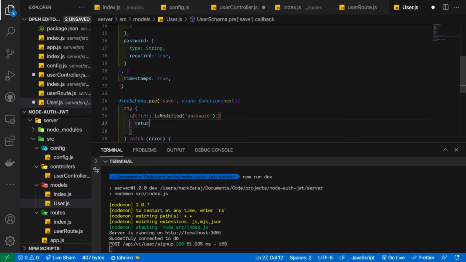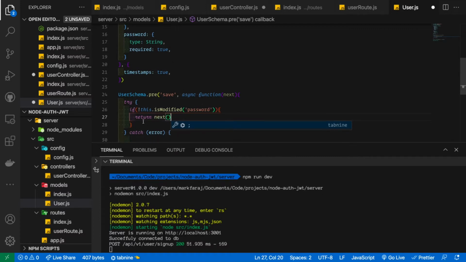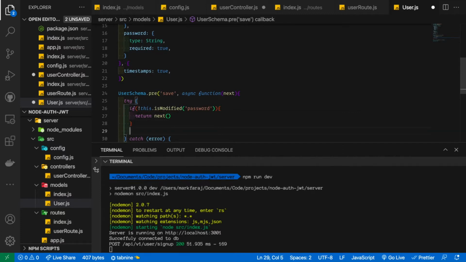So we're going to just say return next. And what does that mean? It basically will bypass this. So if it is not modified, then move on to the next step. So now we're going to create the hashed